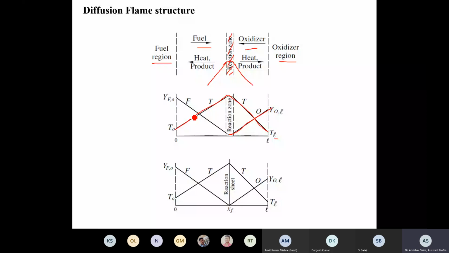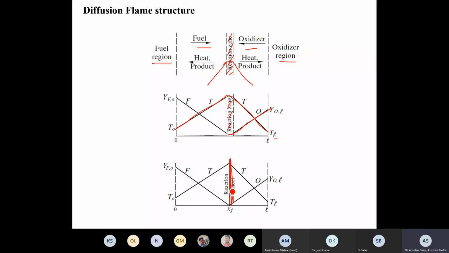So what I am trying to show you with this plot is that all the reaction takes place in this thin reaction zone. Okay, so for computational codes, for diffusion flames, we also assume that the reaction takes place infinitely fast. We don't worry about the reaction rate. We say that as soon as they mix, they burn. Because of that, we get an infinitely thin reaction sheet. So we say that this is the flame sheet. Here, burning is happening. That is the idea.